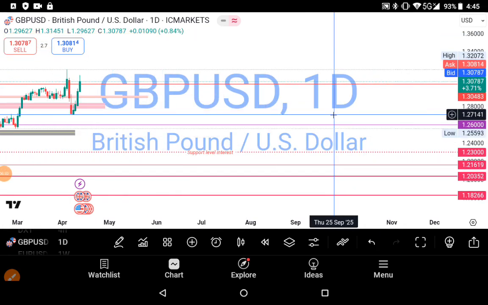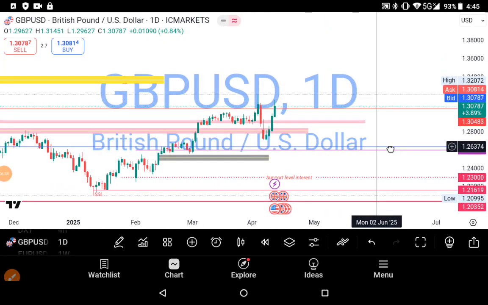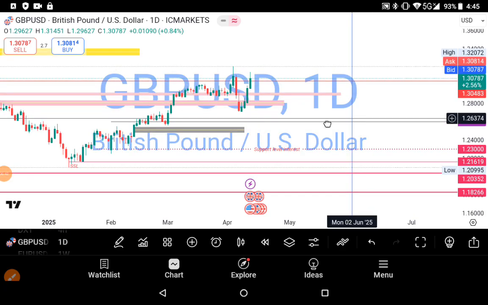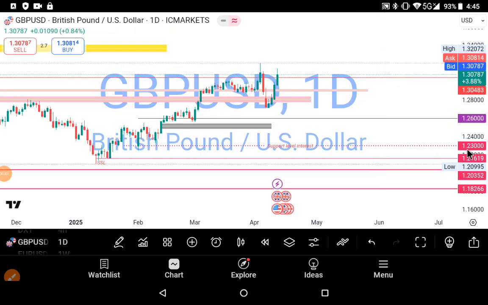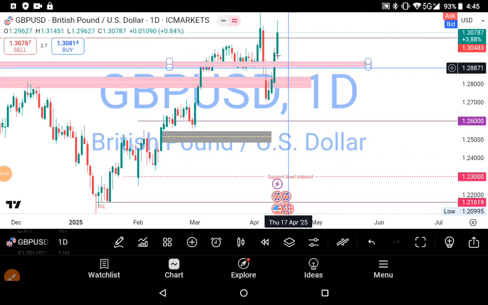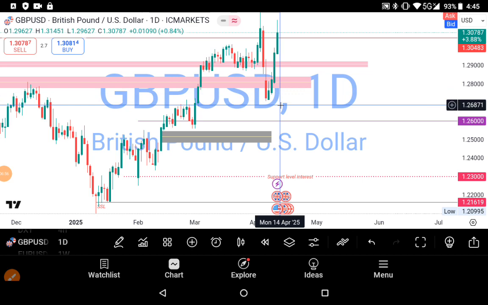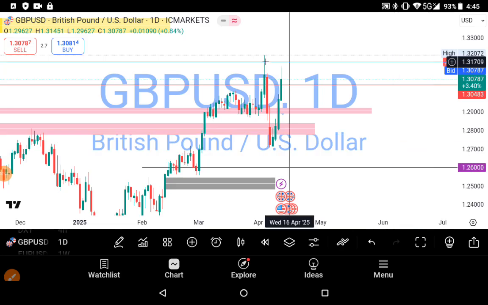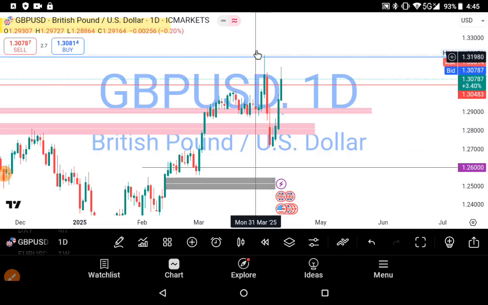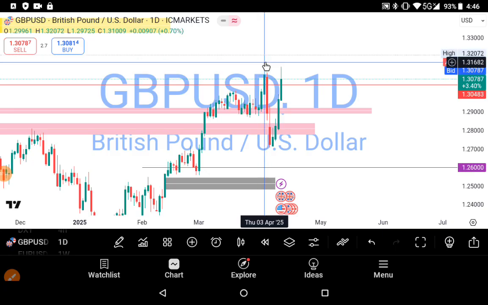So the coming week on cable, I'll be watching what the market price will do around this level here. Maybe we should revisit 1.28 thousand. We should work towards 1.28 thousand, as long as this high remains open, if the eye of this candle that comes in around 1.32072